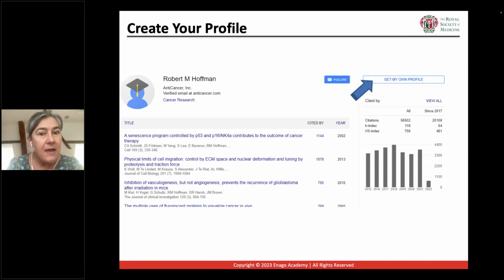So as you can see with this Google profile snapshot, all you need to do is get my own profile. You can look at other people, you can go to your own, you can see a list of publications, a list of analytics, and generally move around using keywords and so forth. So yeah, just very useful.